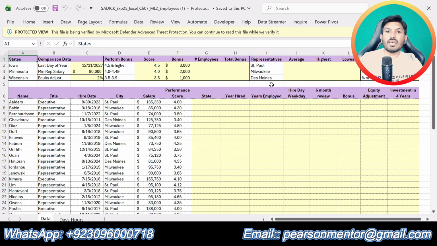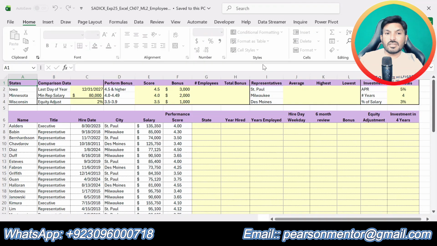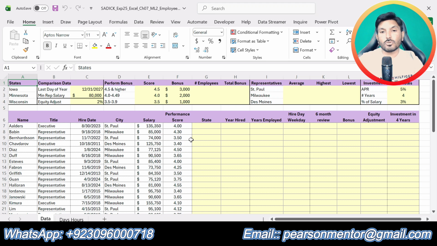This is the workbook that we are going to use to solve this assignment. You can download it from your course dashboard. All of the instructions and steps will be solved in this workbook. The first step is just about downloading and opening this file. There is nothing else to do in step number 1.